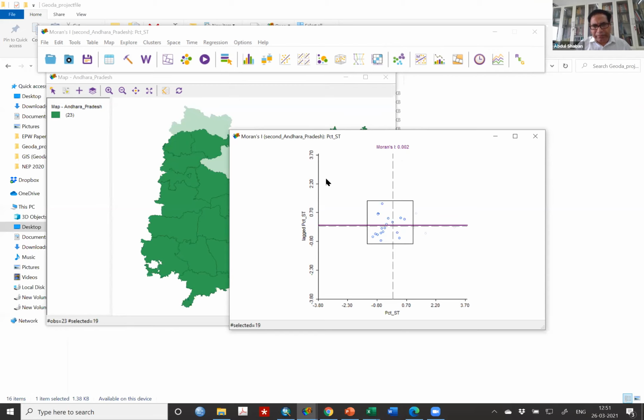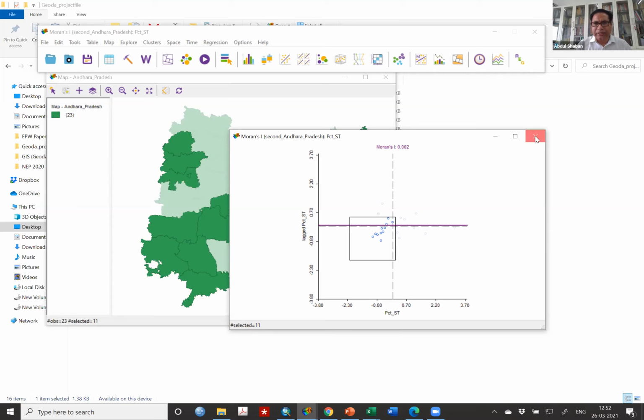So I have taken ST, but the Moran's I values are very, very low. It means spatial association is not there. But there may be a subgroup of districts which have it. For example, if you take this much of the data, you will find a spatial association, because it's going linearly, but still the values are coming very low.